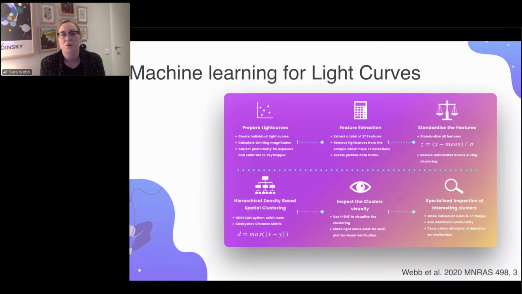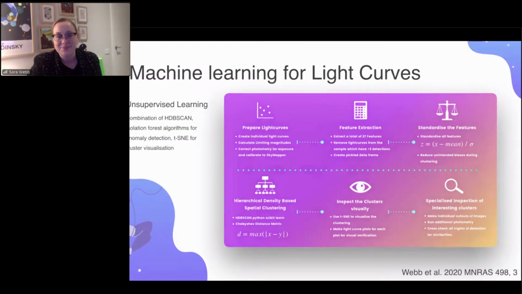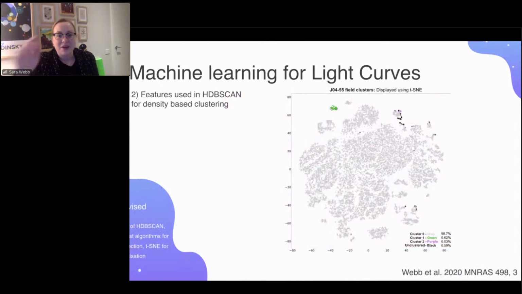So this is something called noise when we're talking about clustering, which sounds uninteresting, but actually can be the most interesting things you'll find. So this is an example of one field's worth of light curves clustered, and this is projected using a TSNE.